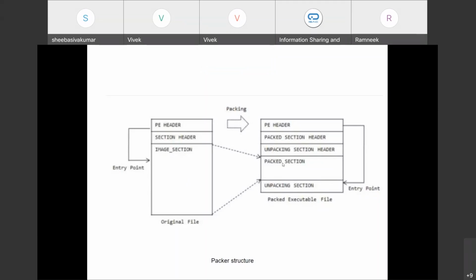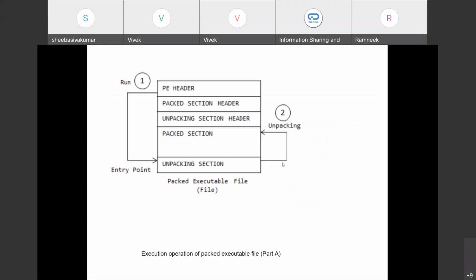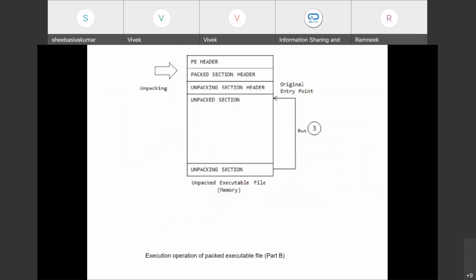Now the execution of a packed executable file: in the packed executable, there is the PE header and then the unpacking section. The unpacking section is responsible for taking the packed section and unpacking it in memory. So this is the final unpacked section. After unpacking, you can see that it has been unpacked in memory.